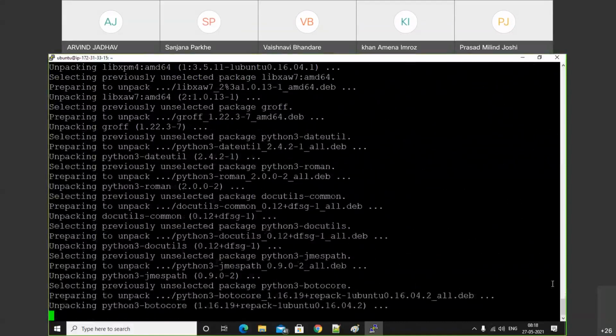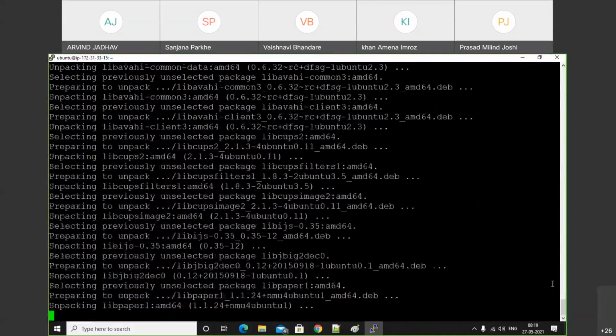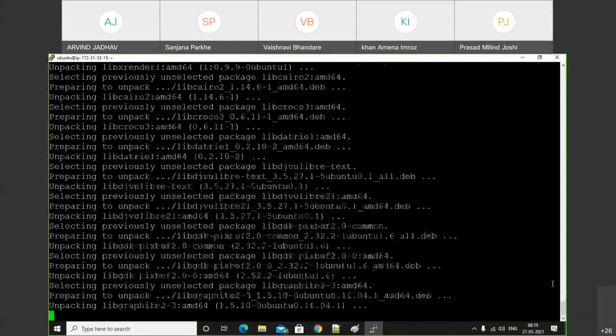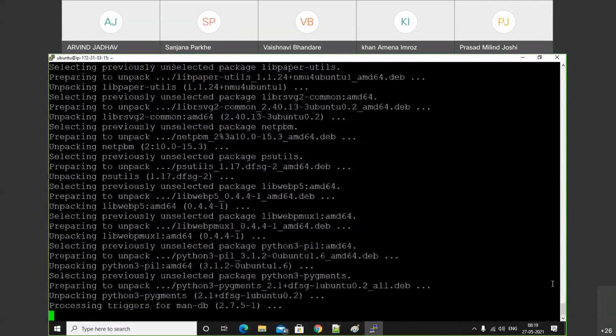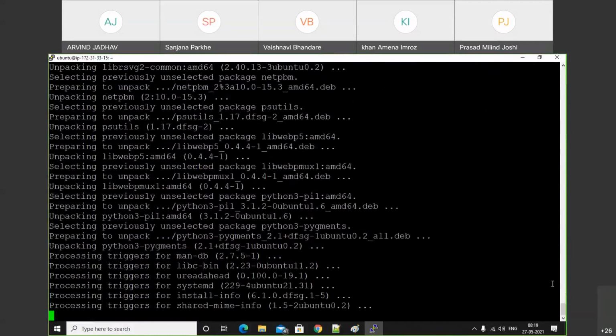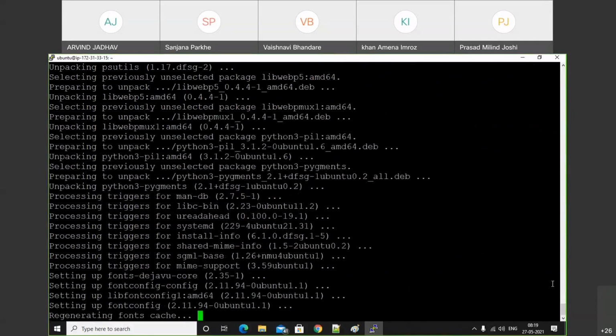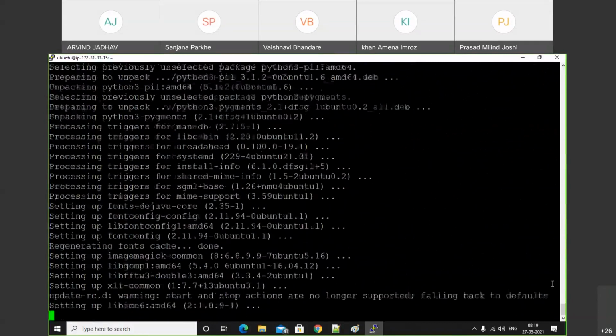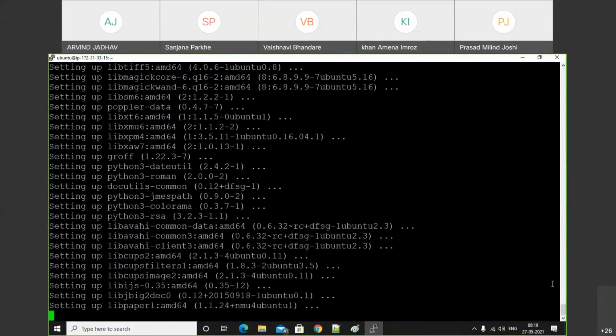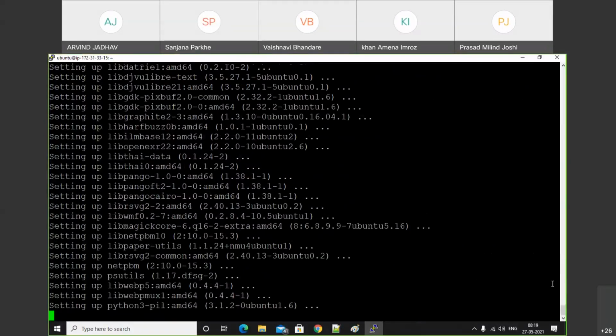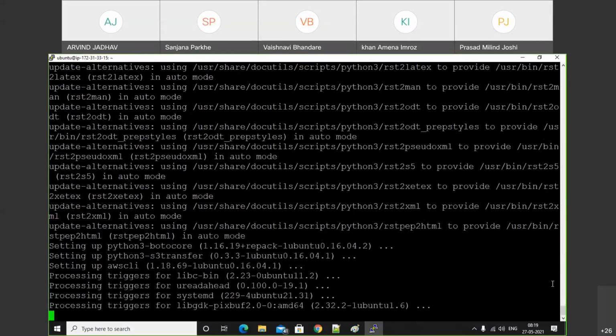Done. We successfully installed the AWS CLI. Yes, it's unpacking the packages. Successfully installed that.